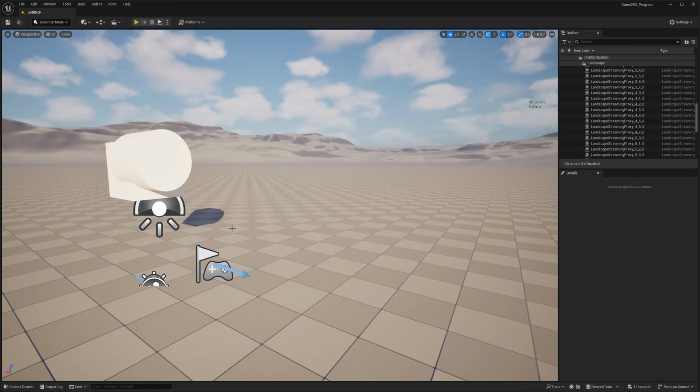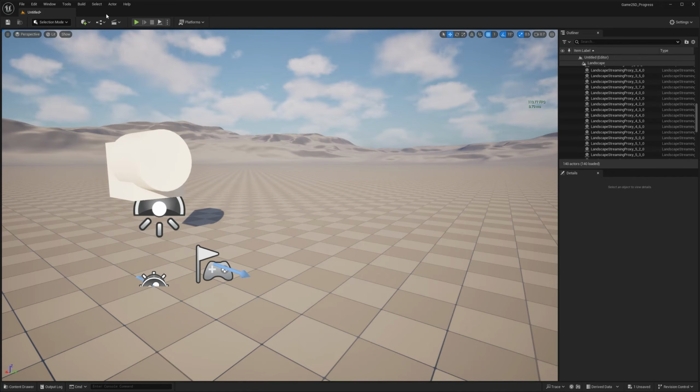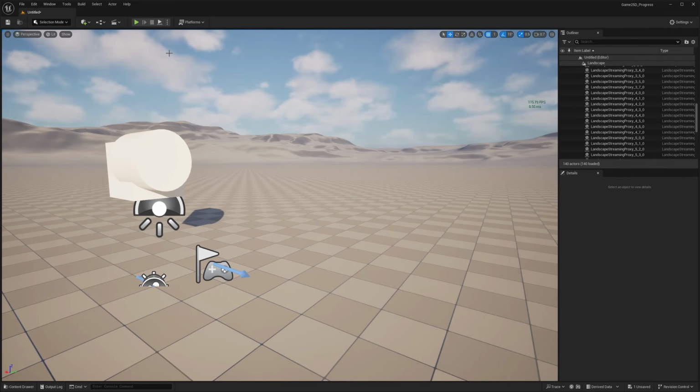Well, the only thing left for us to talk about is at the top here. The interface in Unreal is very clever. Everything to do with what you're working on, the level, is a tab here, and you can actually add all the stuff to the tabs. The layout has this light gray design, which essentially means this is related to the level, what you're doing, and this is related to Unreal as a whole.